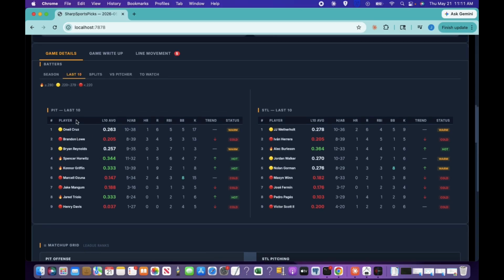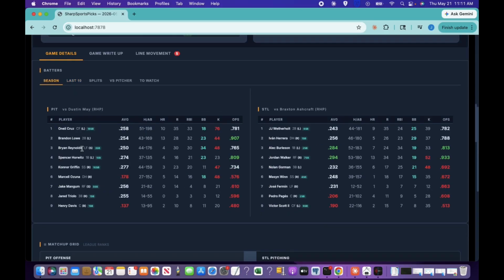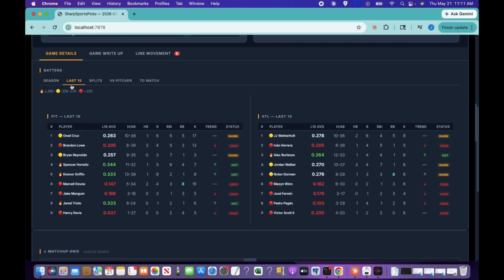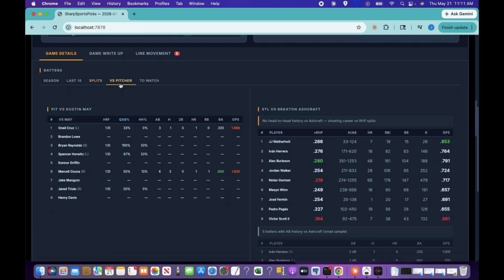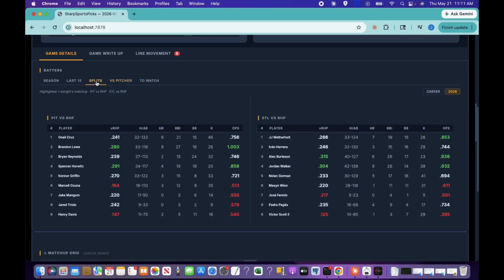On the season, .178, yeah. So he's off to a bad start. Even though he has some success versus the pitcher, nothing there. That's kind of what I like to look for: A, how they're doing on the season. Are they heating up the last 10? How do they do versus that pitcher? And how they do versus that split. So if it's a lefty and they hit lefties well, they've been heating up the last 10, they have success versus that pitcher,